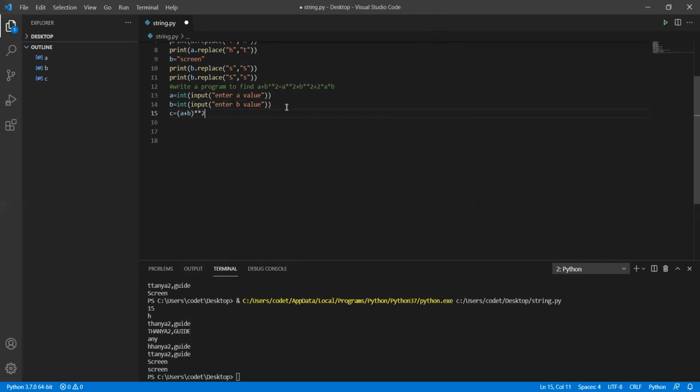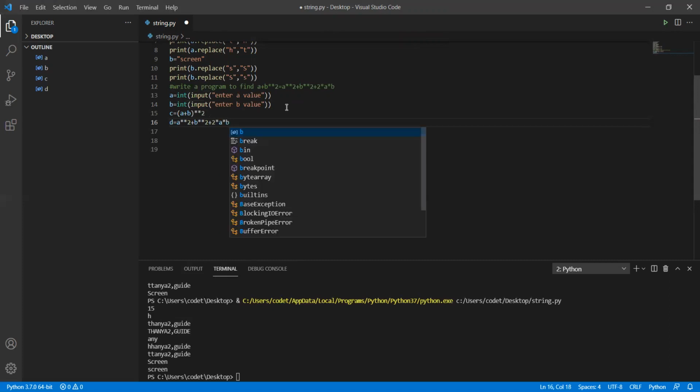Next, declare one more, because (a plus b) to the power of 2 is always equal to a square plus b square plus 2ab. I'm going to prove it mathematically through a program. So d equals a square plus b square plus 2a and b.